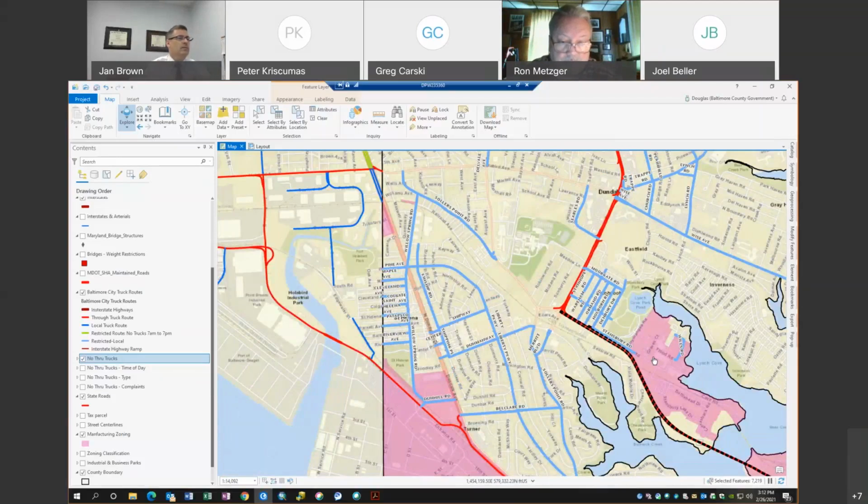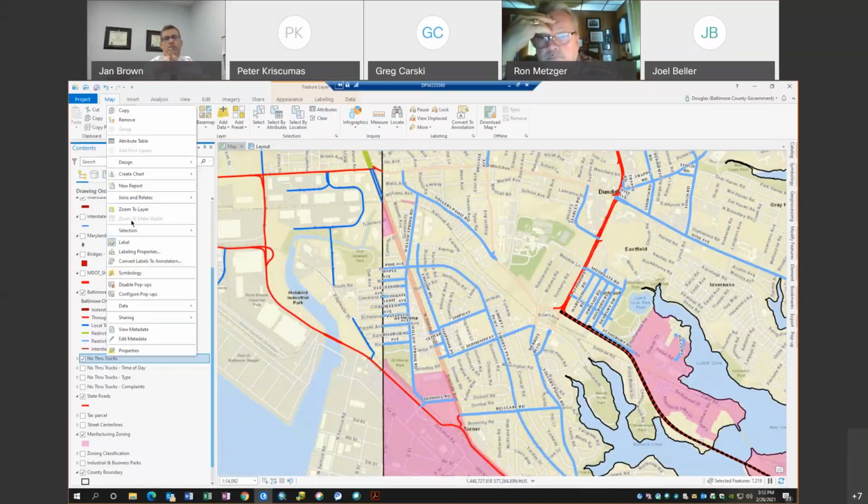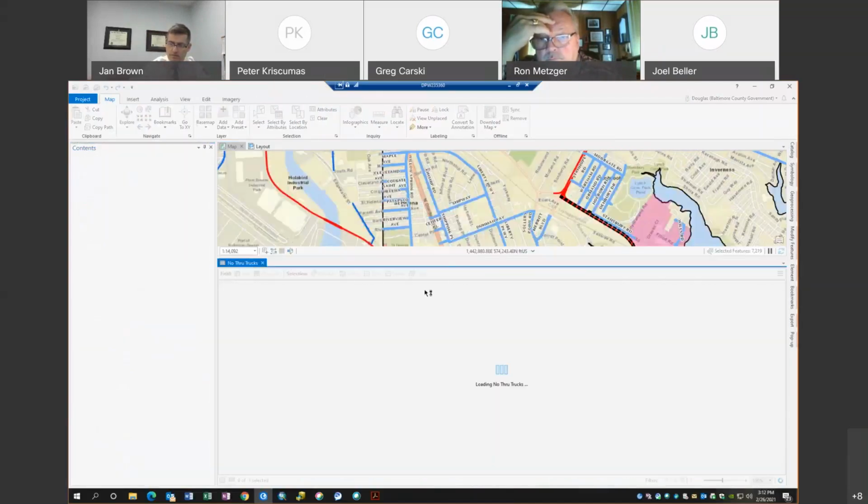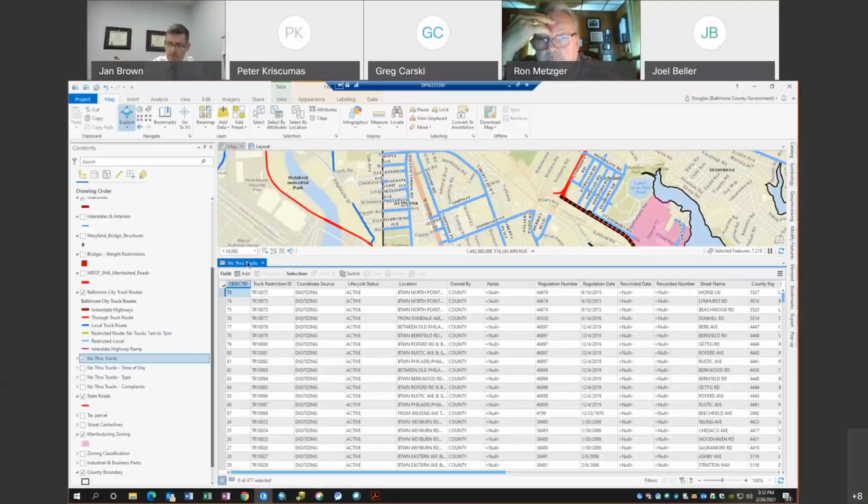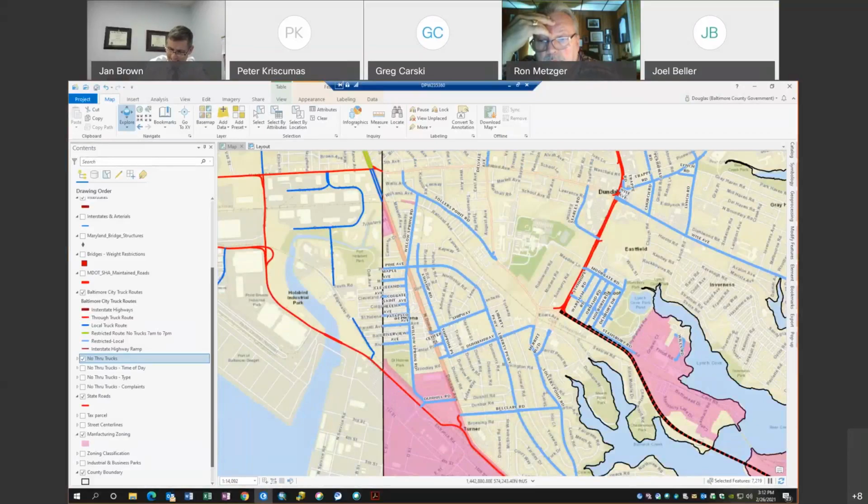Alrighty. Well, I think then the answer is we leave that spot alone, and then we come back to this when we talk about camera locations. Is there anything in this central area around Holabird that Pete or Ron, you note as problem spots that are not currently restricted? Because I want to move south to Turner Station after this, but just in that area, I want to make sure we're covered.